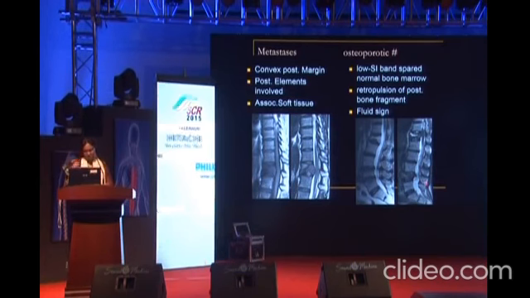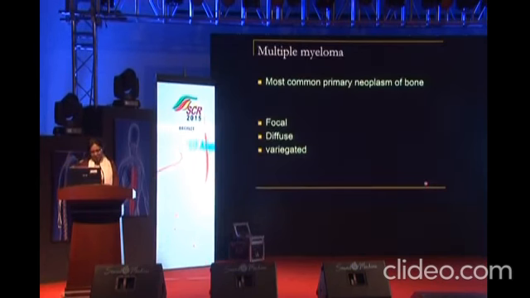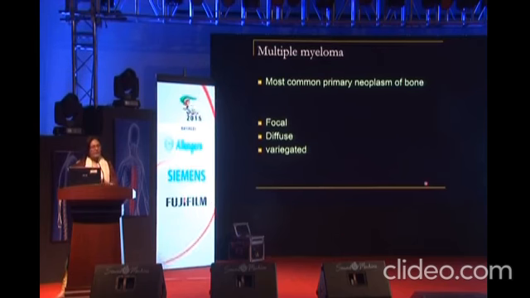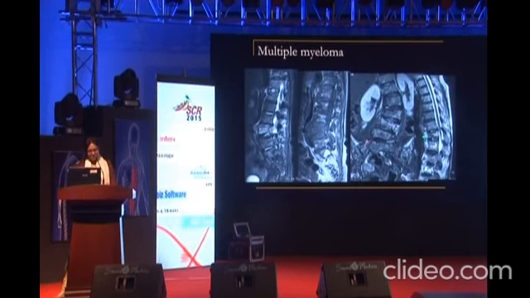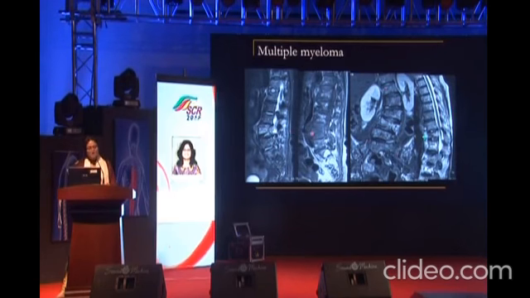So you can distinguish between the two fairly well. Multiple myeloma can have a number of patterns. The common one that you see, again here, is a very heterogeneous marrow. If you see on STIR, the iliac bones, sacrum, all the bones, some of them show compression deformities. But remember, sometimes multiple myeloma can have completely normal MR. Even though the patient is proven multiple myeloma, MR may be normal.